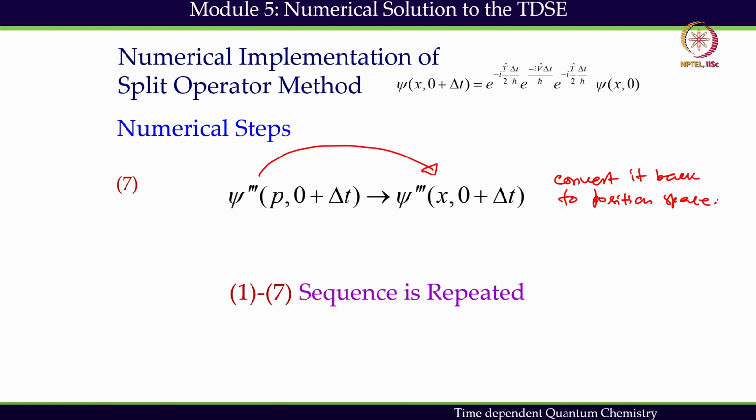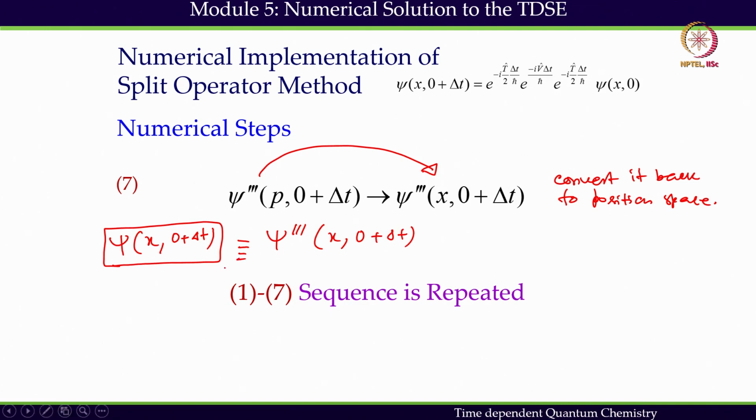So what I get is psi x 0 plus delta t, the first propagation due to delta t, is actually represented by this wave function x 0 plus delta t. So this wave function is representing the first propagation for delta t,